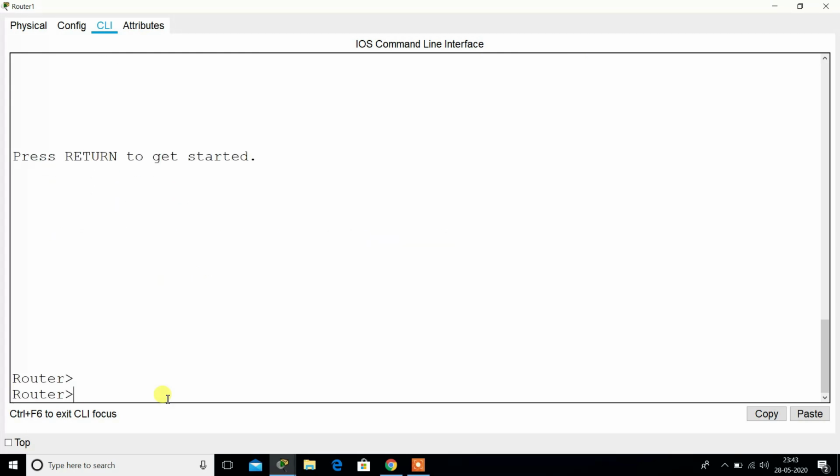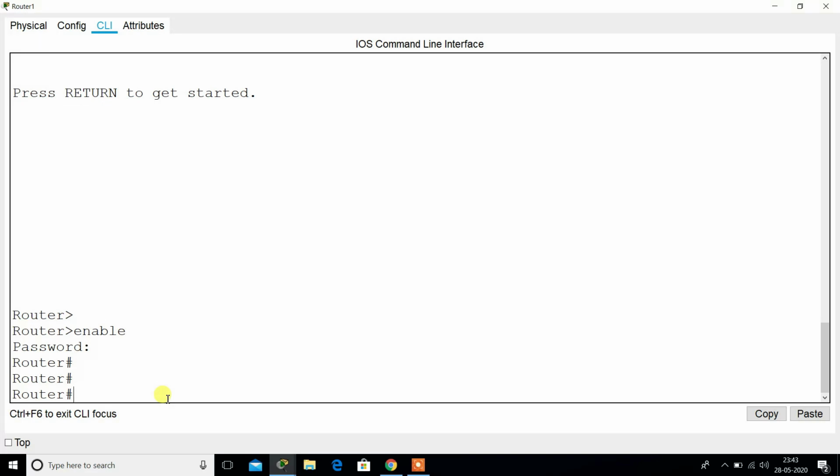Now we are in user mode. When we write enable and press enter, the password will be asked. When we write the password, we enter the router again.